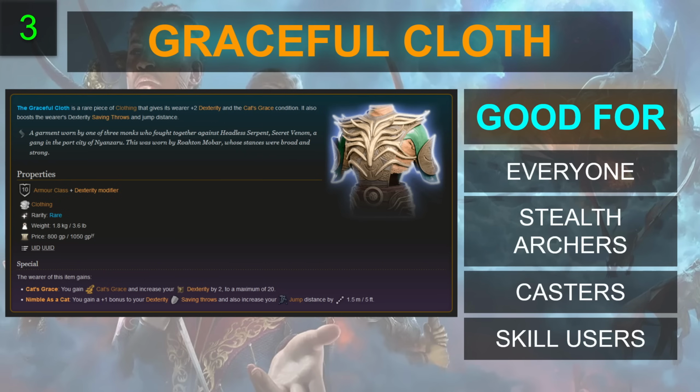In addition to that, you get 5 feet of additional jump distance, which is really good, especially for dexterity-based characters who have low jump distance, so this gives them a ton of additional mobility, and advantage on all of your dexterity checks. Cat's Grace gives you advantage on your dexterity checks and saving throws, so you are going to have a bonus to your dex saves and make them with advantage,